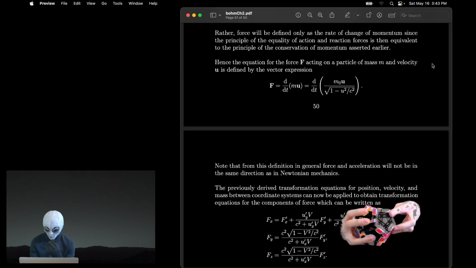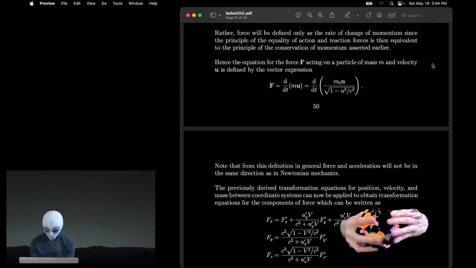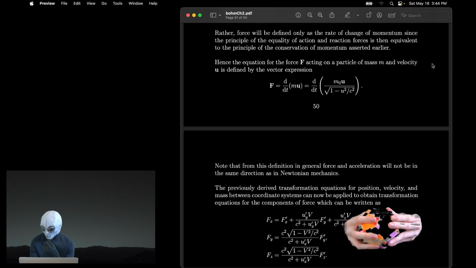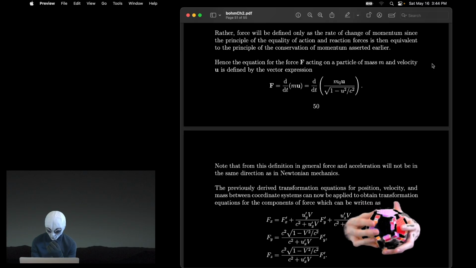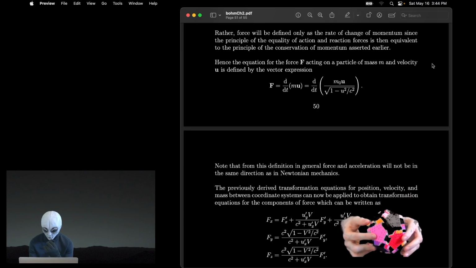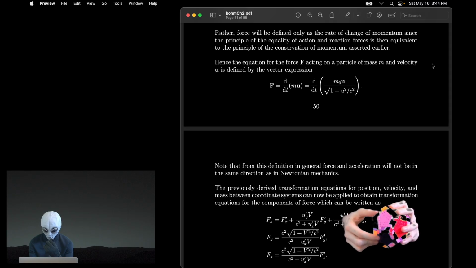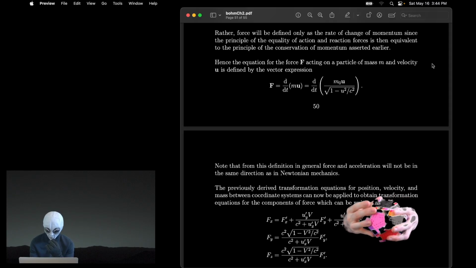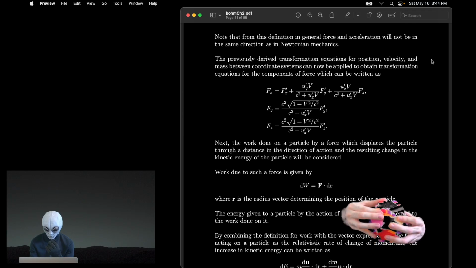Hence, the equation for the force vector F acting on a particle of mass m and velocity vector u is defined by the vector expression F equals d/dt of m times vector u, which is equal to d/dt of the fraction with the numerator of m naught times the vector u all over the denominator of the square root of 1 minus u squared over c squared. Note that from this definition, in general, force and acceleration will not be in the same direction as in Newtonian